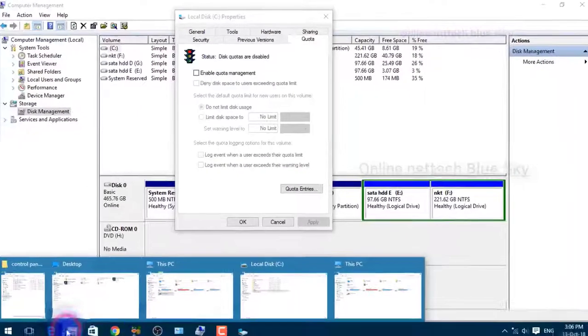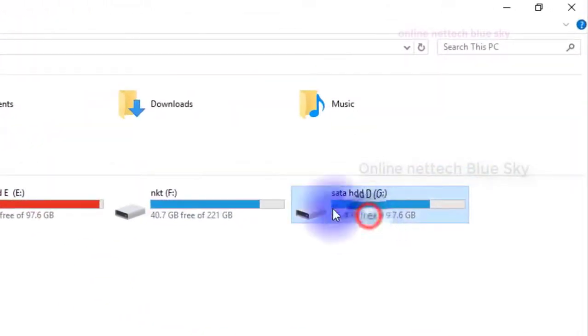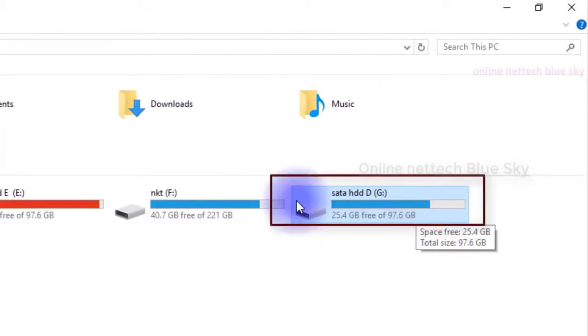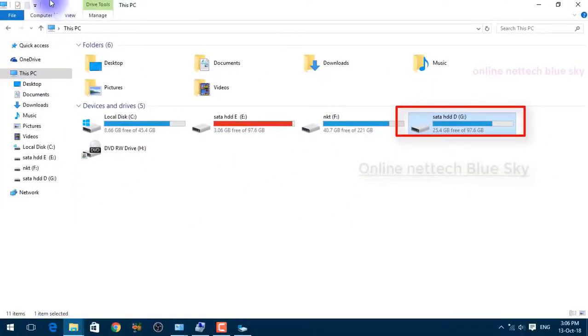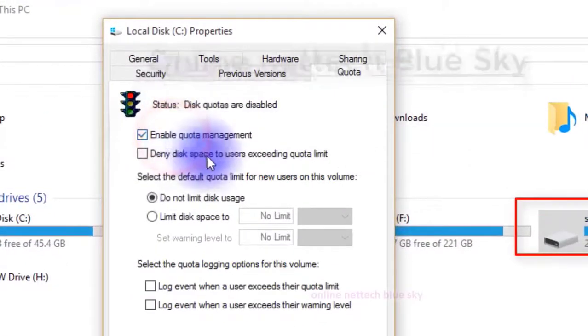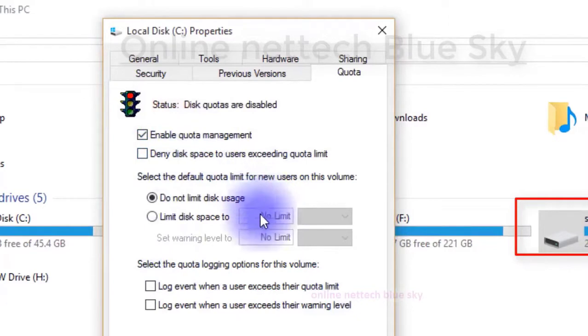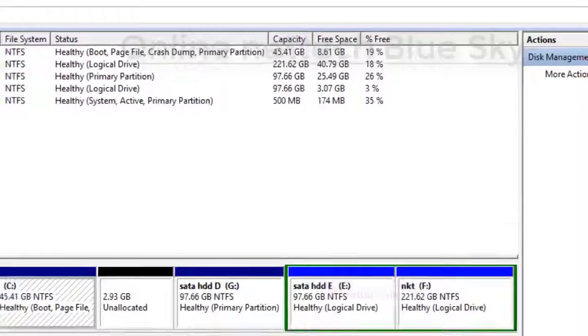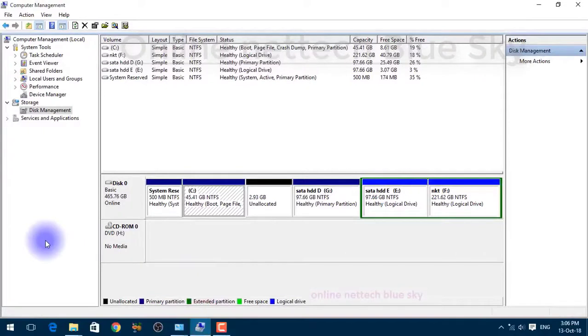But in this quota is one type where you can fix the size for your computer, your partitions. Not that you can increase the limit, but on my local partitions I can increase my size here. So enable it here, and you can start your disk quota and set the limit of your size.